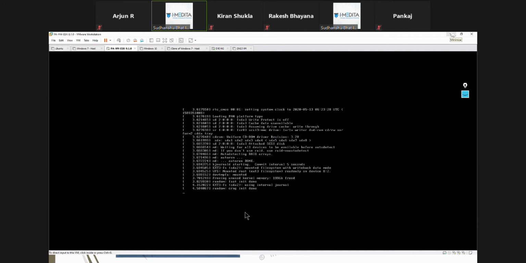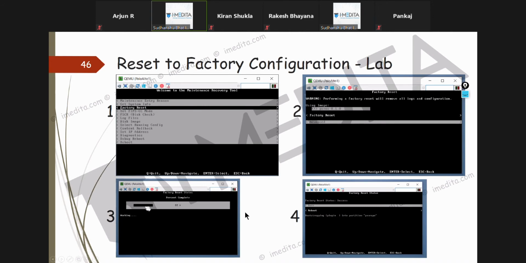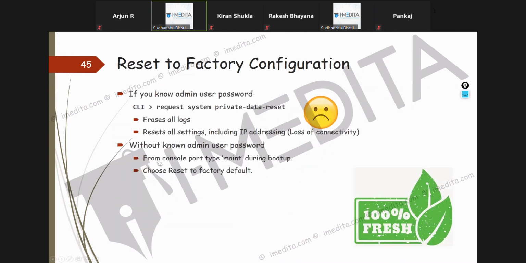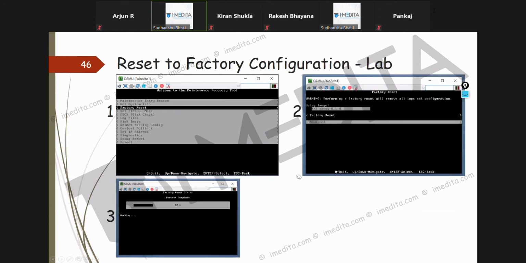It does a format of the solid state drive of the firewall. So this can take time, depending upon how much log and how much data you had in the hard drive of the firewall. And then the firewall is reset. So this is the second process if you have forgotten the username and password. Now obviously you'll lose all the configuration and everything. So preferably don't forget the password.